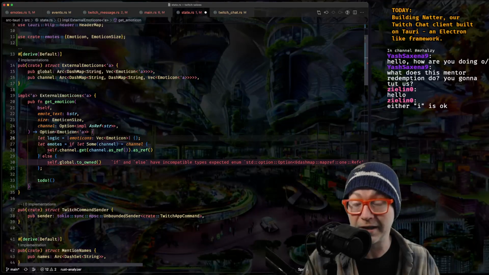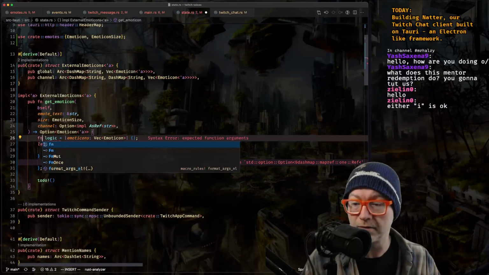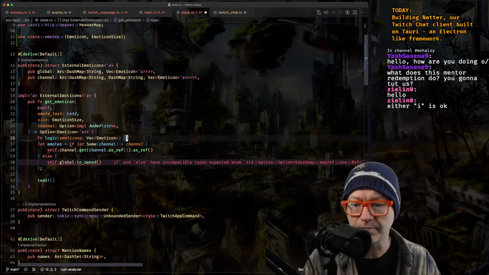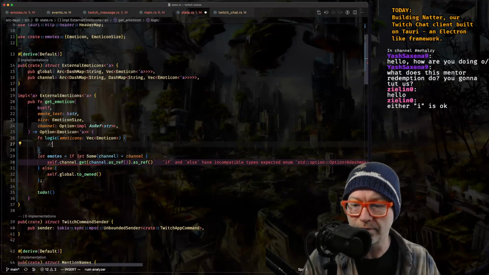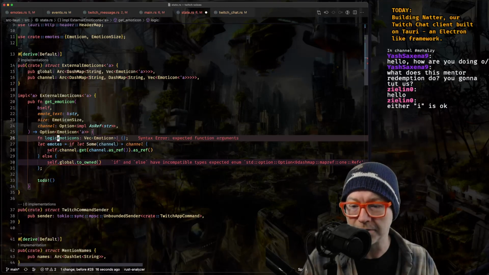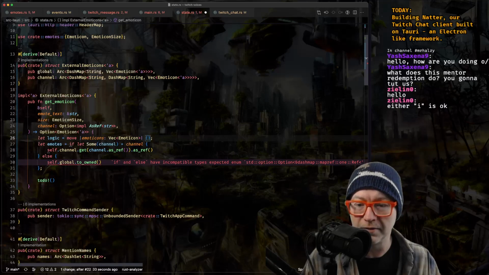Truly, this doesn't actually have to be a closure. This could just be a function. I do not think we need to capture anything. We could capture this stuff. Yeah, let's capture this stuff, just because I don't feel like passing it in. Alright.